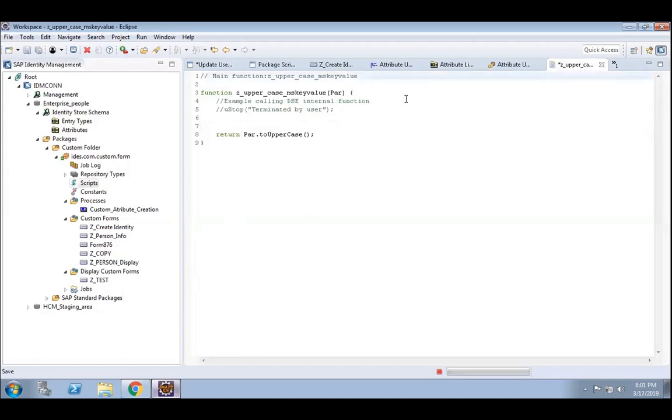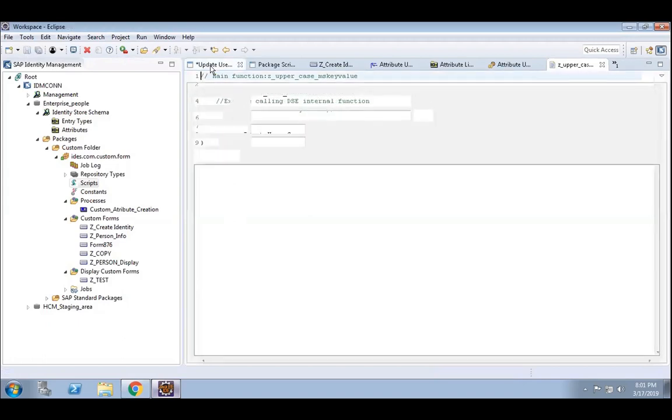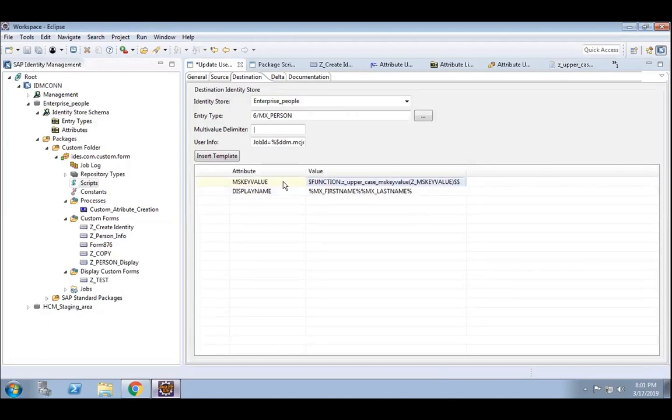So let's save it. Then go back to here. So MS key value, display name is added.